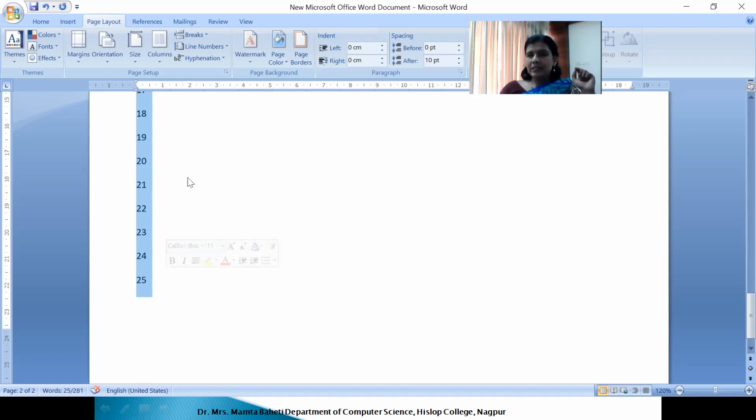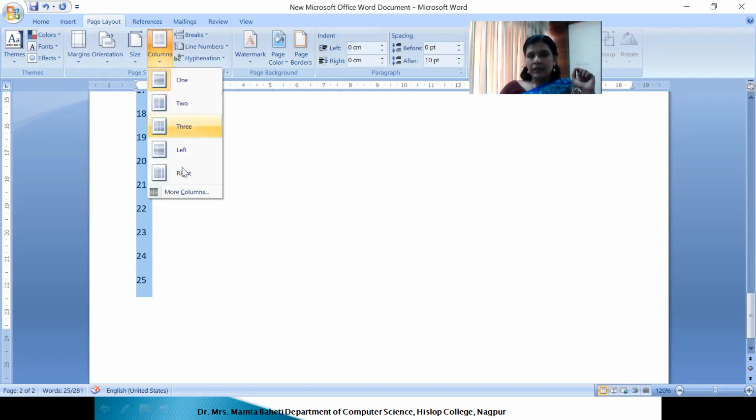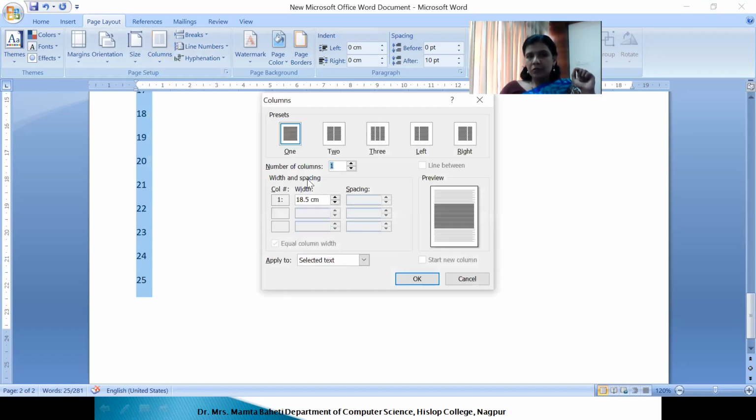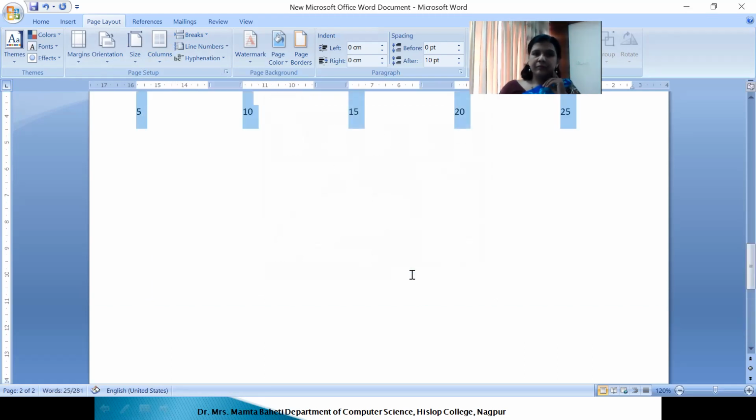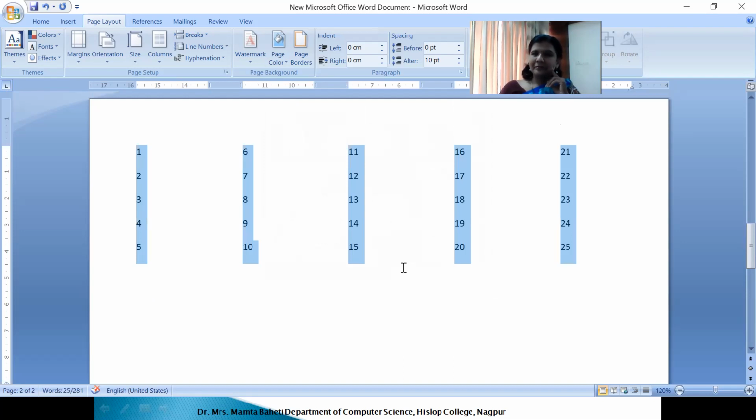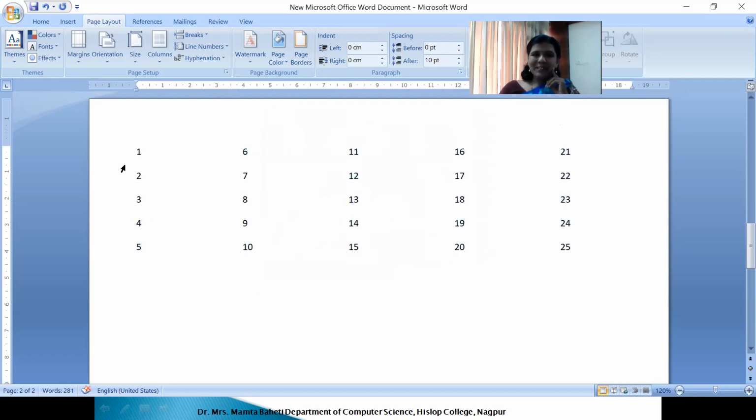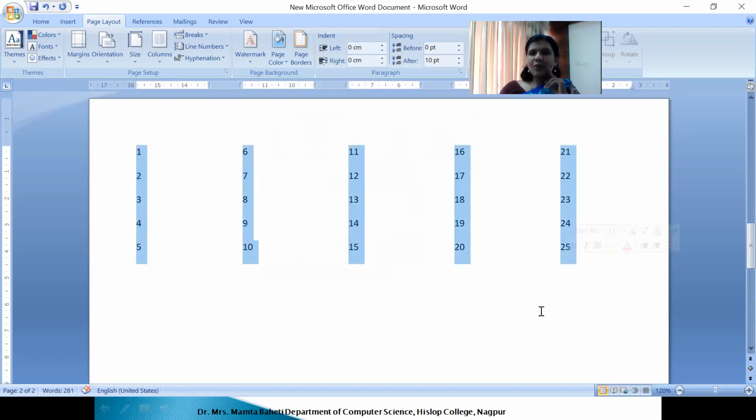So what I'll do, I'll select it, click on columns, more columns. I'll make it 5. See how handy it is to convert a series of 25 values in order into 5 columns.